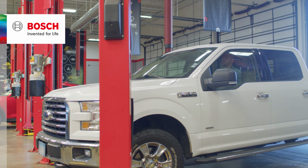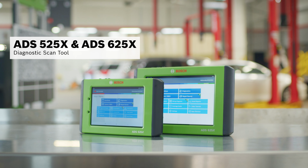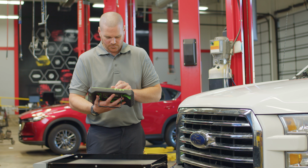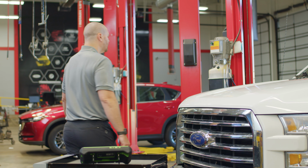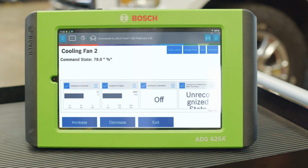Today we have a customer who says their vehicle is running hot when the AC is on. We'll start with a rapid DTC scan using the ADS 525X or ADS 625X diagnostic scan tool. No codes are found, but we can still perform tests with the engine off using our ADS X professional scan tools. With the engine off, we'll do a manual test to override the sensor and command the cooling fan on